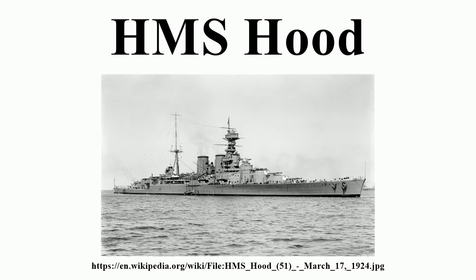her career. Late in her career, Hood was outclassed by the armor and protective arrangement of World War II-era fast battleships. But few available big gun vessels could match Bismarck's speed, and in 1941 the Admiralty included Hood among the ships sent to engage the German battleship